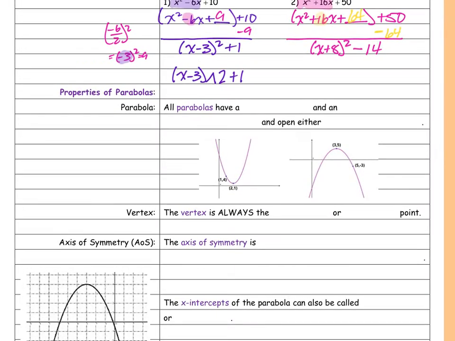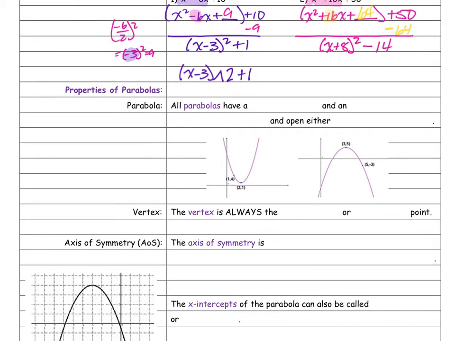So this says we're going to talk about the properties of parabolas. So first, what is a parabola? Well, a parabola is this picture here. It's a graph of a quadratic. They're called parabolas. And they're kind of U-shaped. And they can be either upside right or upside down. Okay, and all parabolas have a vertex,